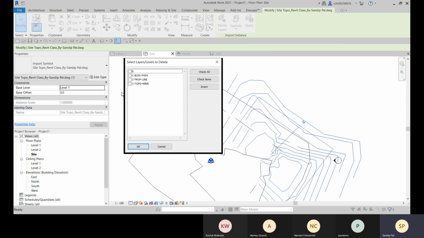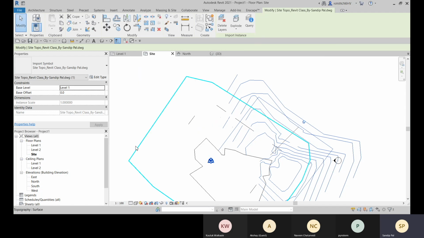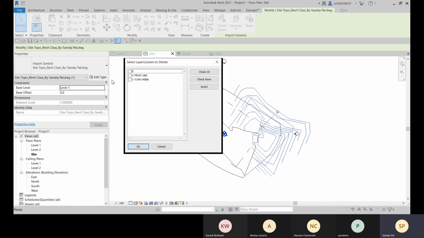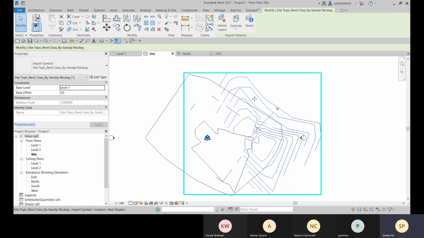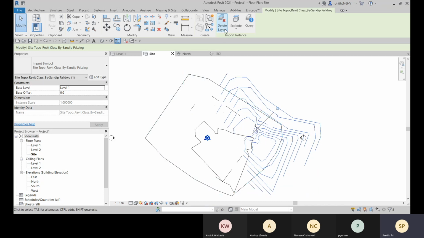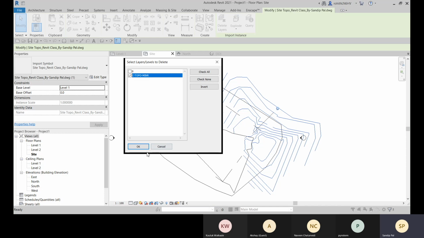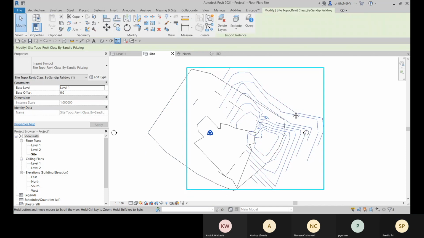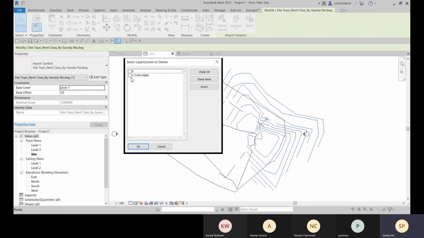And if you want to delete some layers, you can delete those layer elements. So you can choose that, or let me show you that if I select it and the layer is not available anymore. So I can click on OK, and there you can see that part is deleted. And if I choose this, click on OK, right? So you can delete.